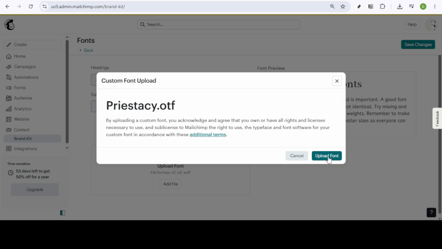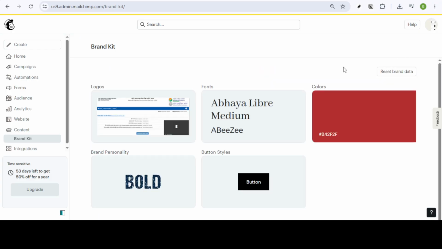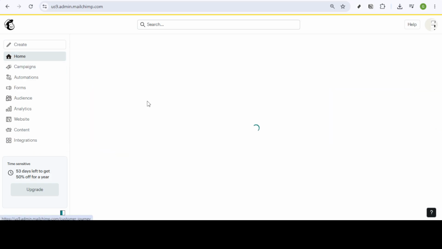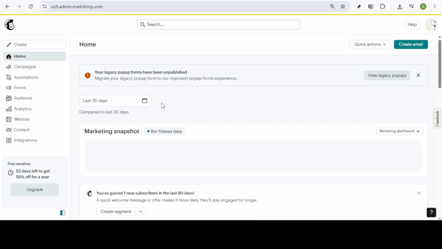Next, it's time to upload your custom font. Before you proceed with the upload, make sure that you have your font file ready on your computer. Mailchimp supports a variety of font file formats, so check that yours is compatible, typically a .ttf or .otf file. Uploading is straightforward. Simply click to add a new font and navigate to your saved font file on your computer. Select it and confirm the